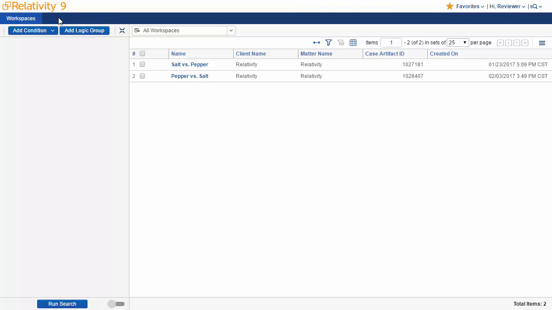At the top left of the screen, and going across the entire top here, this blue section is what we call the tab strip. And this allows you to navigate and access different Relativity features. As a reviewer here in home mode, we just have access to the Workspaces tab. If we were an admin, we would have many other tabs that would let us manipulate some of the larger